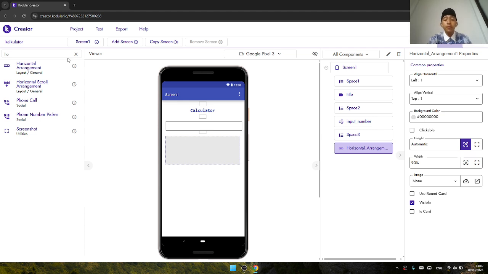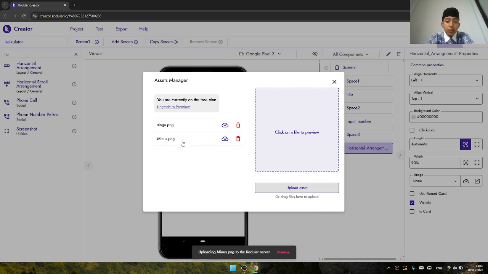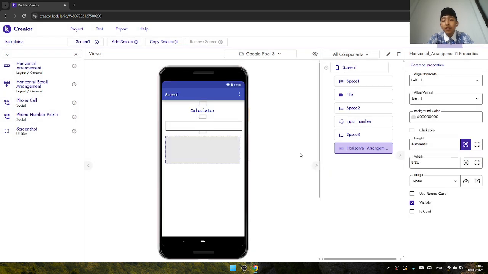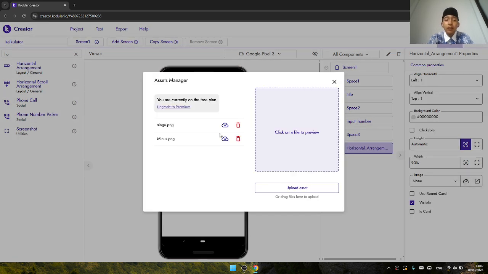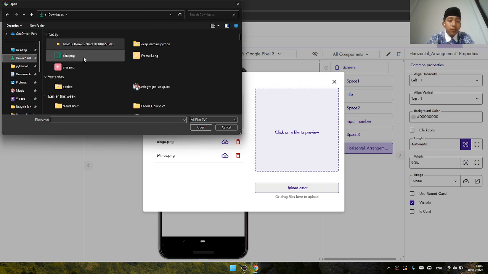We will make a calculator like usual. So I will upload some buttons, and over here maybe there's minus. Is it black? Yeah, it's black. Okay. I think I'll search. Where is it?